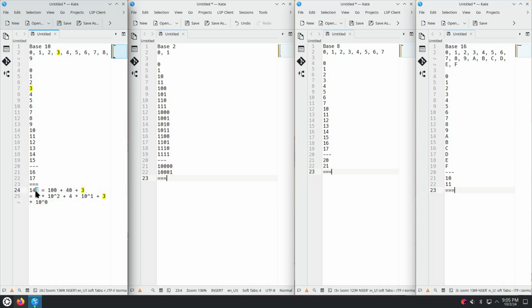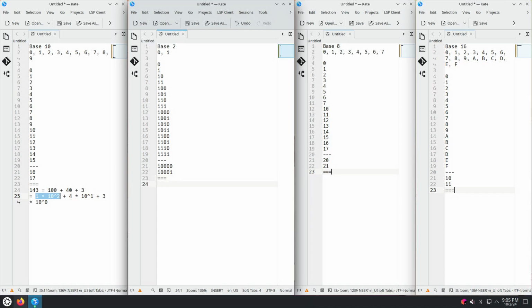That the digit on the position with the least importance gets multiplied by 10 at the power of 0. The next digit in order of importance gets multiplied with 10 at the power of 1. And the third in order of importance digit gets multiplied with 10 at the power of 2. Okay, so let's see how we represent 143 in base 2. So that's 143